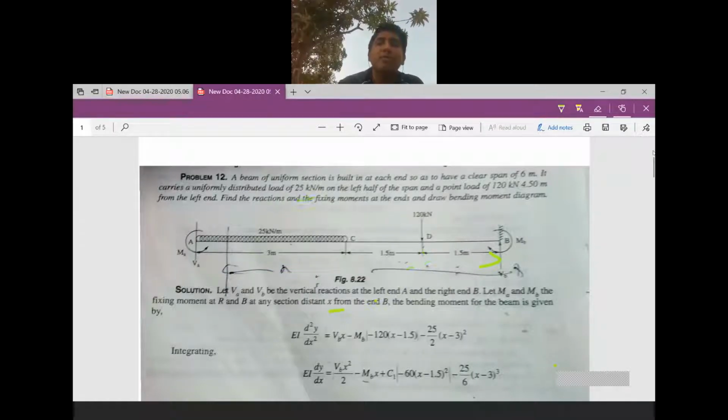Everybody is able to understand. Here you are considering the deflection equation EI d square y by dx square is equal to Mx. From this differential equation, writing like this. Here you are considering the differential equation EI d square y by dx square is equal to Mx, where Mx